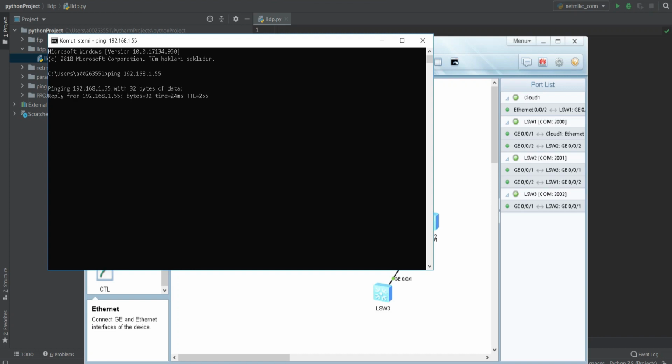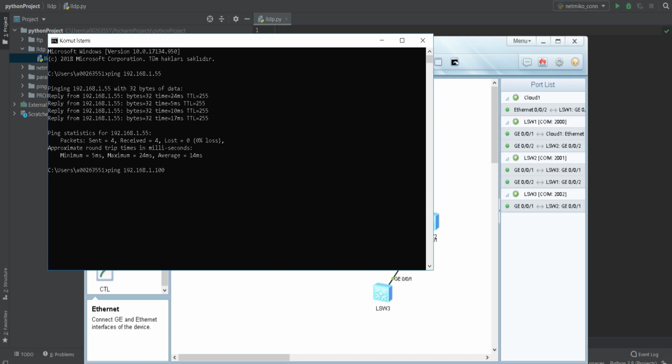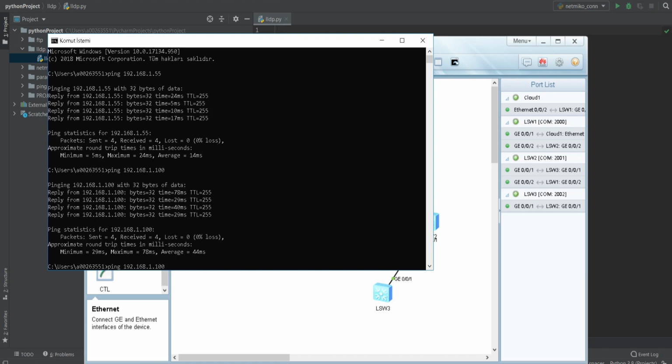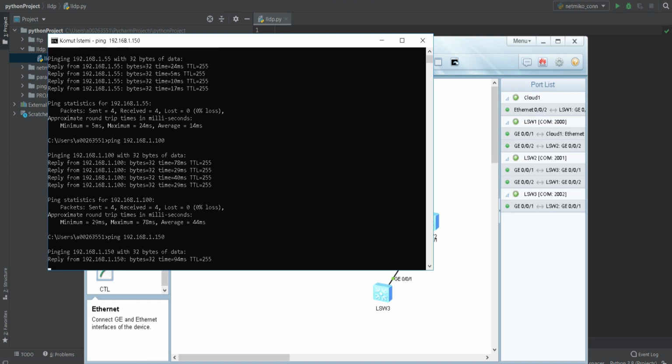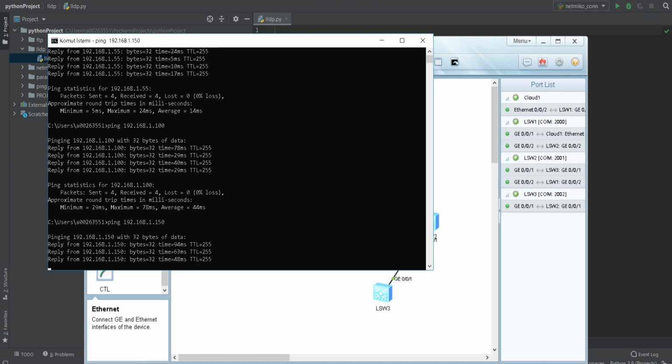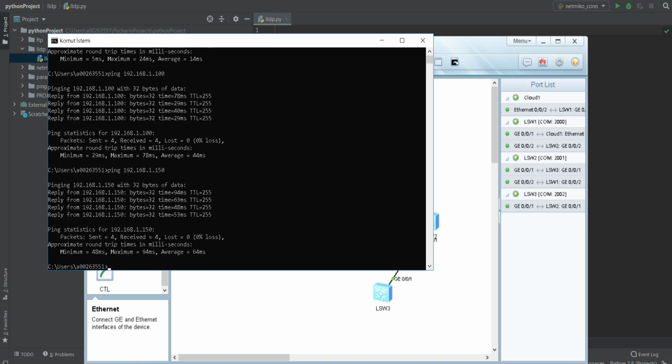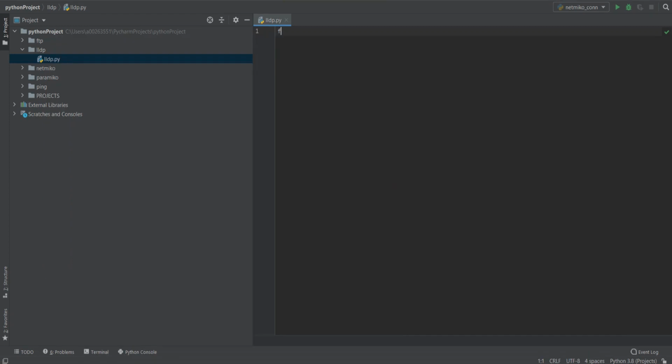The first device is pingable, and the second device is also pingable, and finally the last device, yes, is also pingable. So now we can connect to the device from our host,